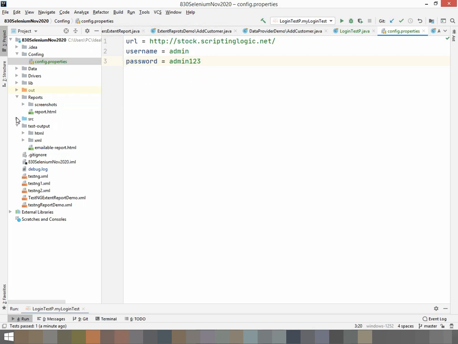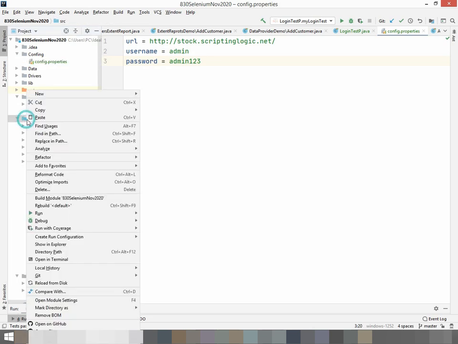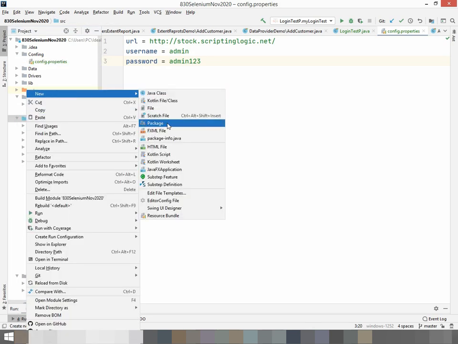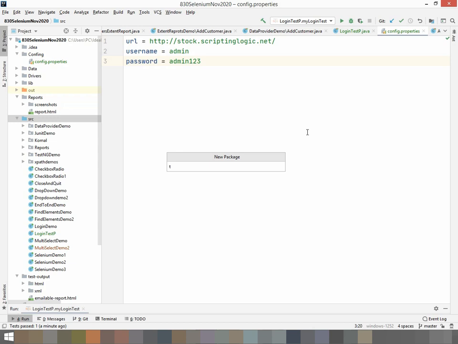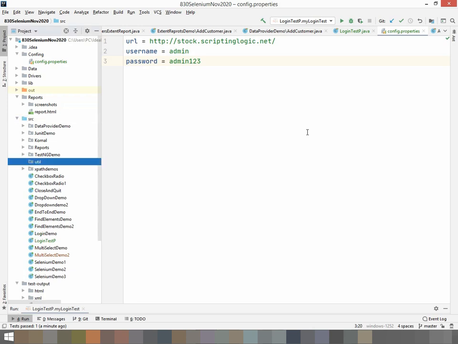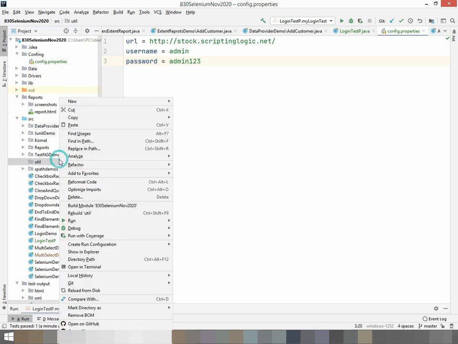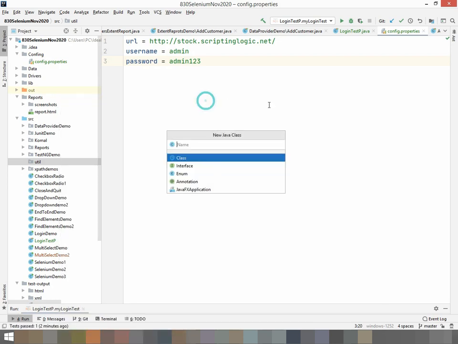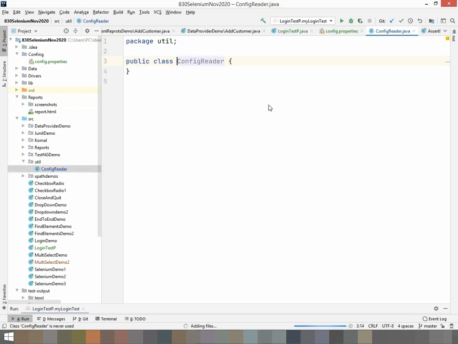So what I'll do is create a package called util. Here I'm creating a package util, and here I'm going to create a new Java class as ConfigReader. So ConfigReader is my Java class.